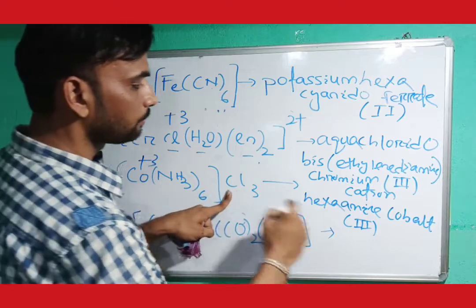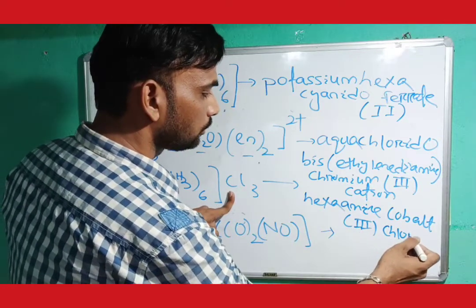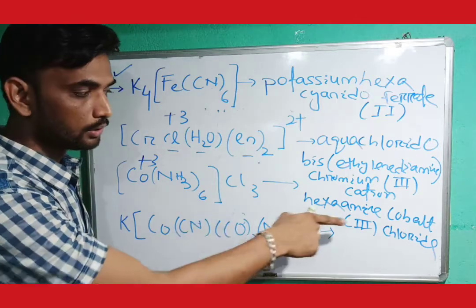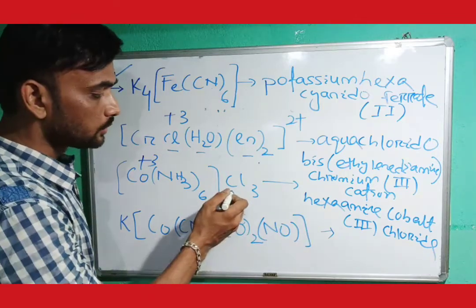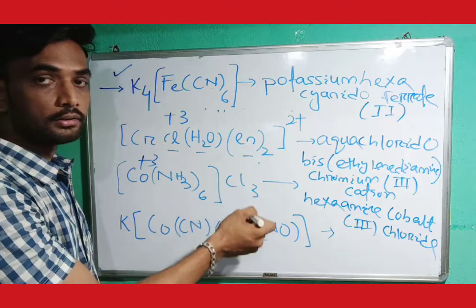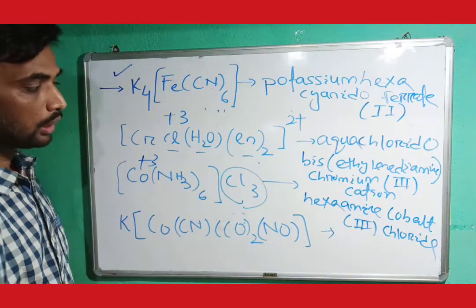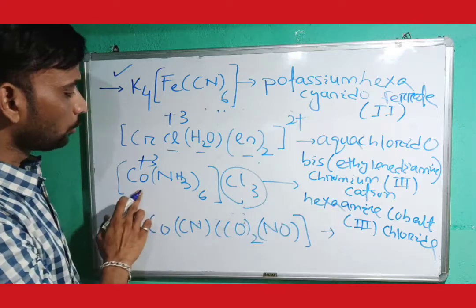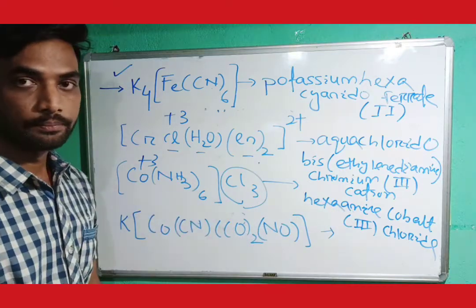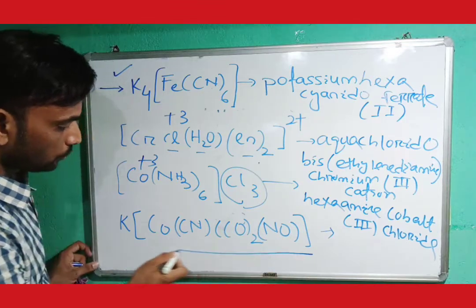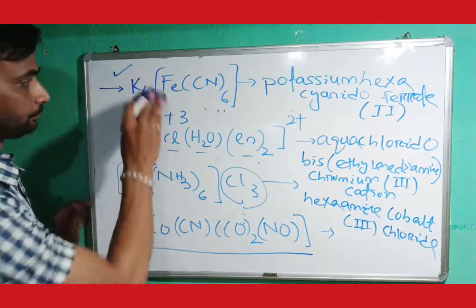Then the suffix you can write, that is chloride. I already told you the number does not matter for the IUPAC name. It is simply Cl2, Cl4, Cl3; anyway, this is simply called chloride. So the name is hexaamine cobalt 3 chloride. Clear? This is the third example. Then we go through the last example.